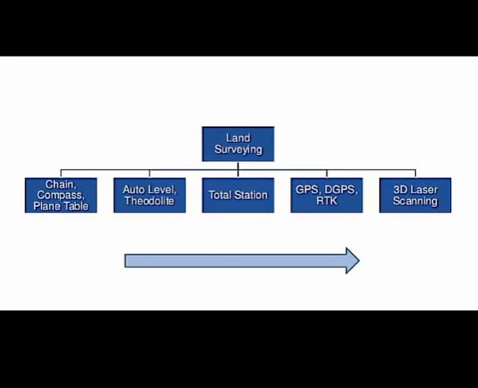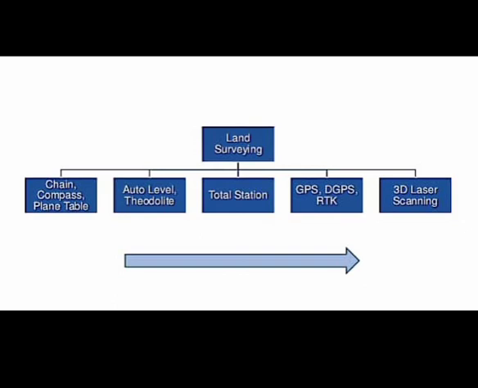Now the basics of surveying you should get clear. We know that we can easily classify surveying into two sections. One is plain surveying, another one is geodetic surveying. Plain surveying is where the area is less than 250 square kilometer, and geodetic surveying is where the area to be worked on is more than 250 square kilometer. In plain surveying we are not going to consider the earth's curvature, whereas in geodetic surveying we are going to consider the earth's curvature.